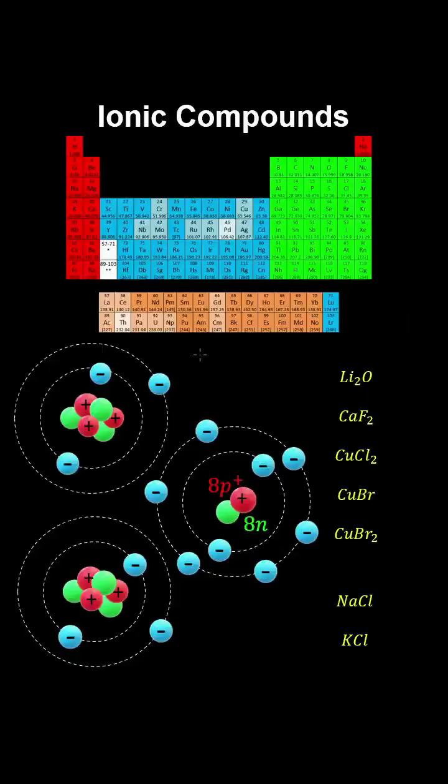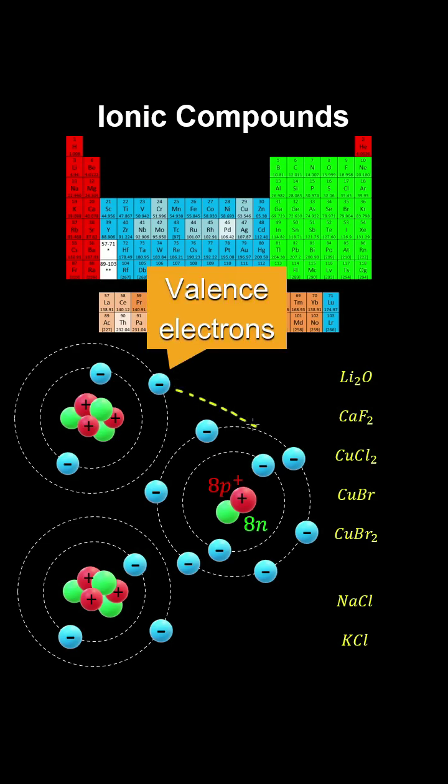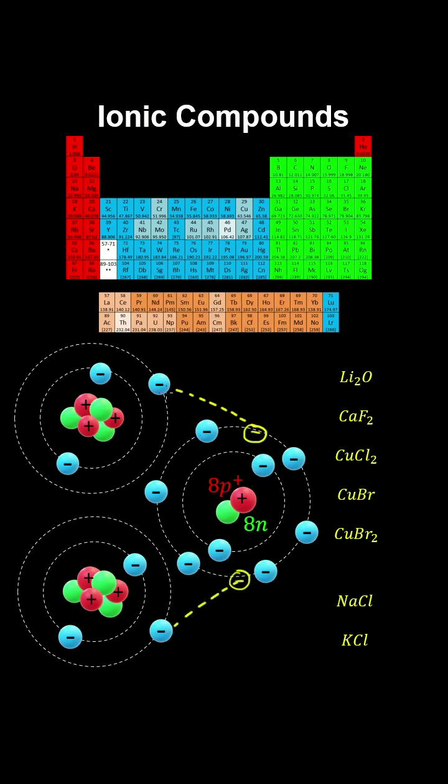And this is the general answer by following the trends in the periodic table, although you'll find exceptions to this general trend. Ionic compounds form when elements, typically metals, transfer electrons to non-metals. So in this case, two lithium atoms transfer electrons to an oxygen atom, so effectively you get a strong electrostatic attraction between the nucleus of the cation and a transferred valence electron. And this is represented by the following ionic compound, which is lithium oxide. So you have two positively charged lithiums to one negatively charged oxygen,